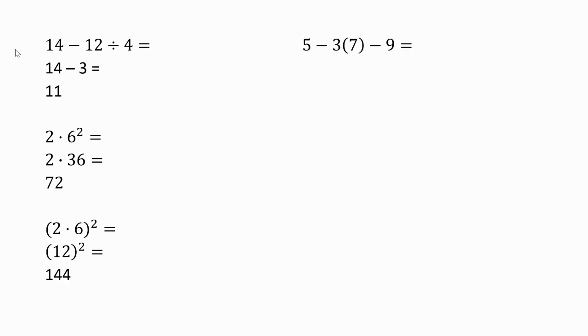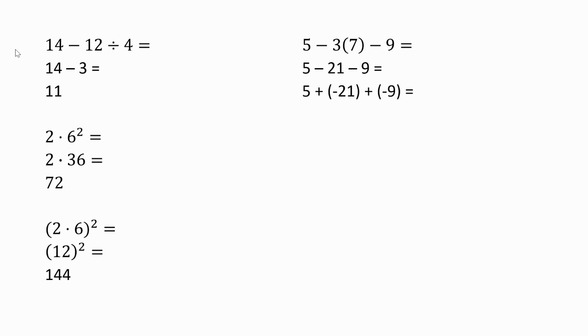Okay, all right, so we got 5 minus 3 times 7 minus 9. I need to do the multiplication first. So negative 3 times 7 is negative 21. Now this is all subtraction, so what I'm going to do is add the opposite for both. I don't really need to do this step if you can do it in your head, but I recommend it